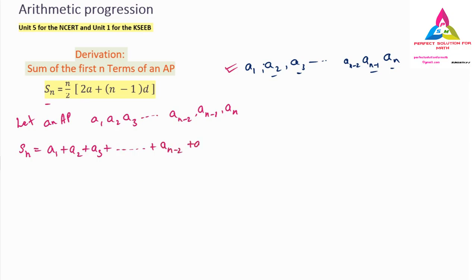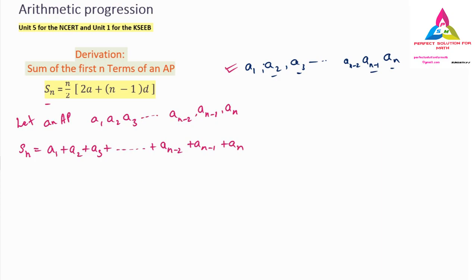Then I will write a_{n-1}, and lastly I will write plus a_n. Remember, the first 3 terms and last 3 terms I have written. If you want, you can write the first 4 terms and last 4 terms also. Okay. Next one, in the previous thing, one example I have taken, and what I have done, I had reversed